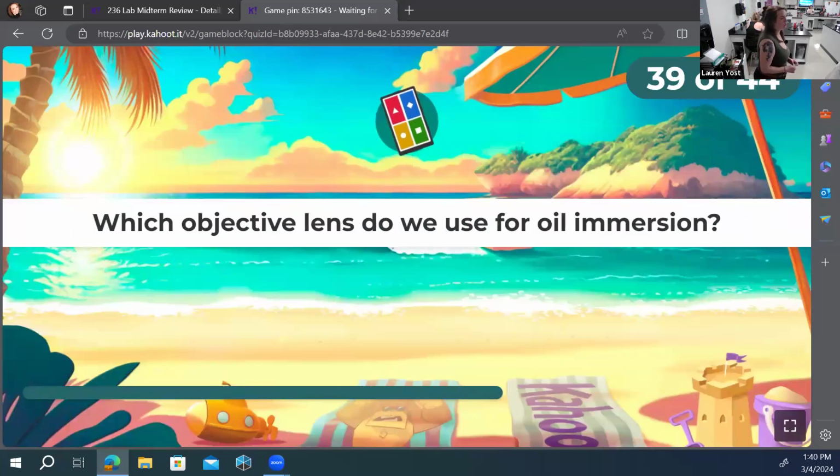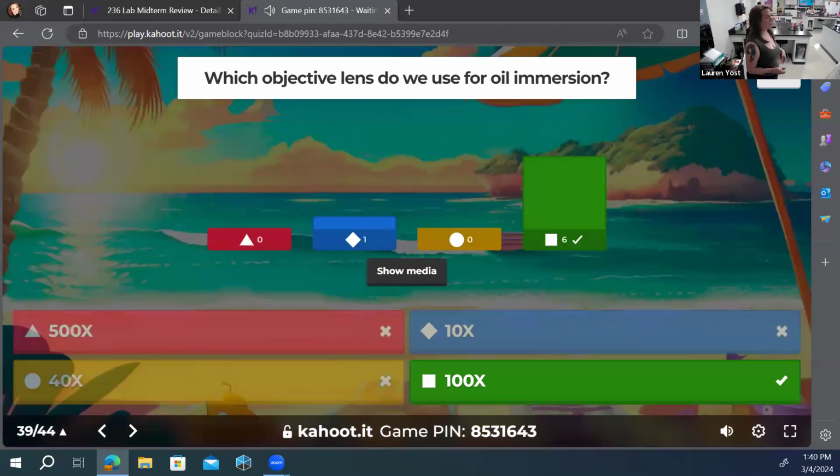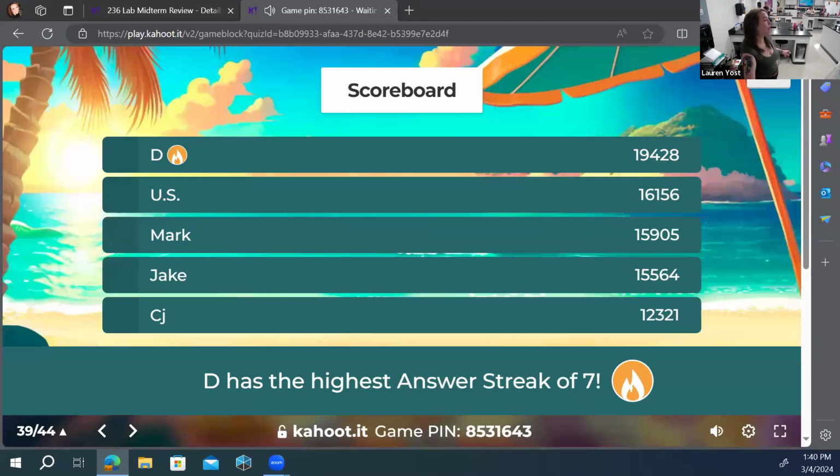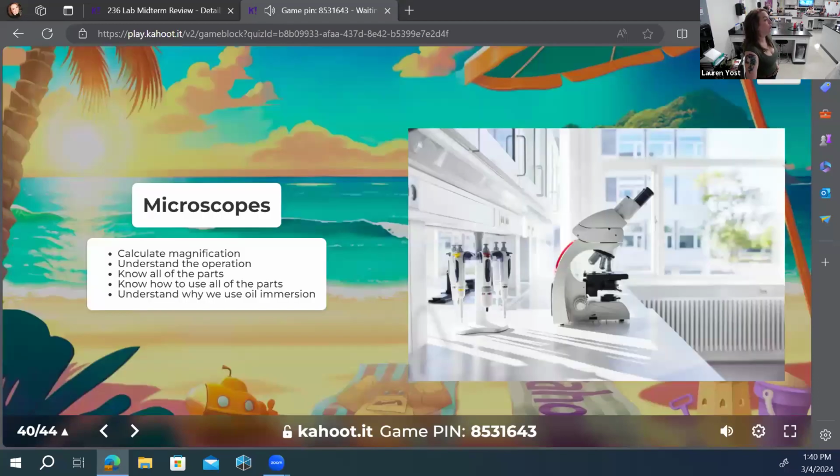Which objective lens do we use for oil immersion? Yep, that's going to be 100x. It should be only 100x and always 100x. Alrighty, so with the microscopes, be able to calculate magnification like we just did. It's going to be multiplying, understanding the operation of it,